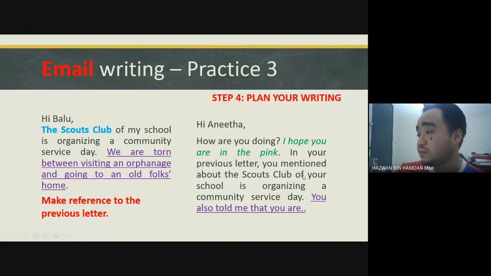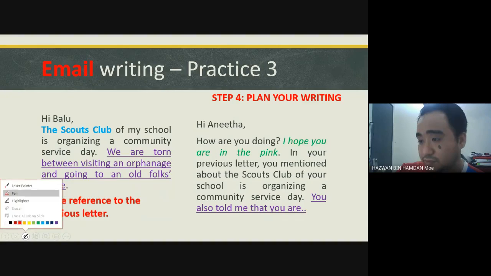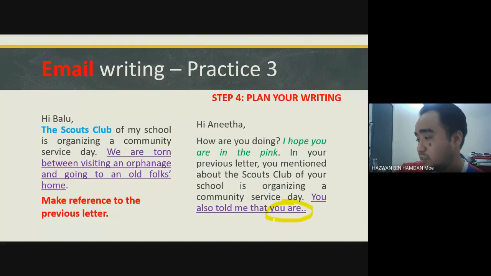And then kita tukar perkataan mention kepada told. You also told me that you are, tukar kat sini. You are torn between visiting and, okay, kita sambung maknanya ayat seterusnya nanti kita akan jadi you are kat sini, sambung dekat sini, you are torn between visiting an orphanage and going to an old folks home. Okay, jadi kita jadikan surat soalan ni, soalan dan surat ni, surat yang dalam soalan ni as your reference,